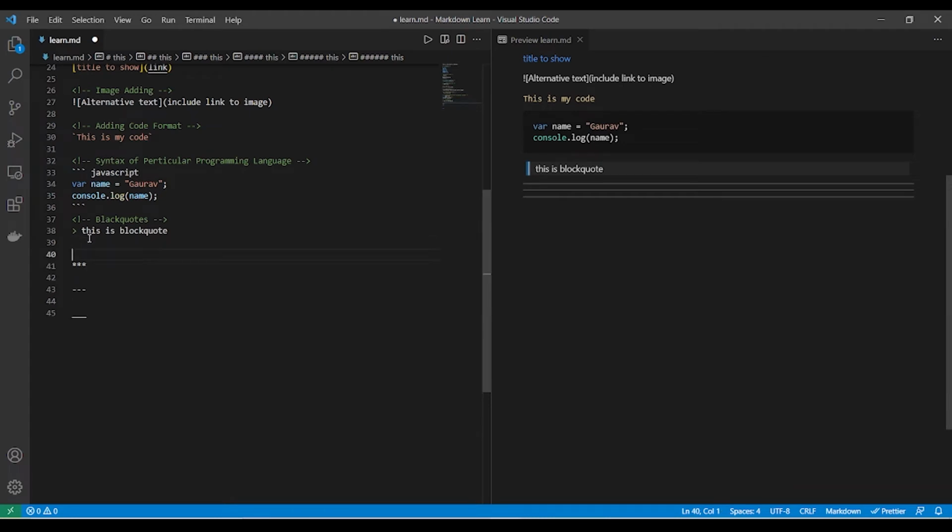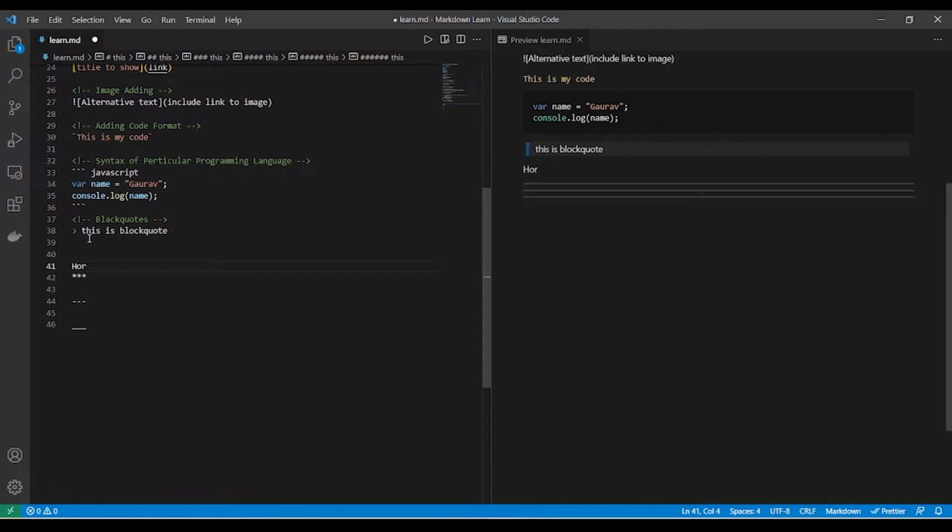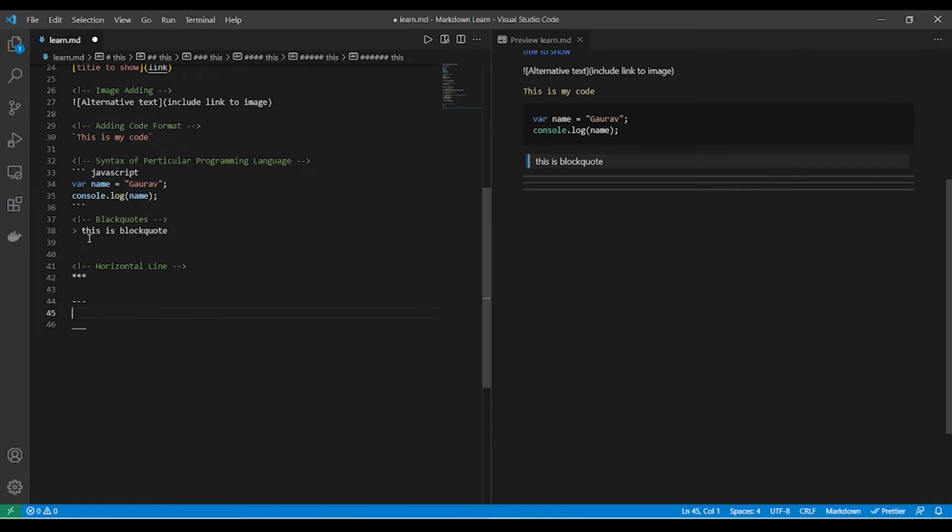So these three are the syntax for adding the horizontal line. Let's comment it as horizontal line. Okay, so now we have added the horizontal line as well.